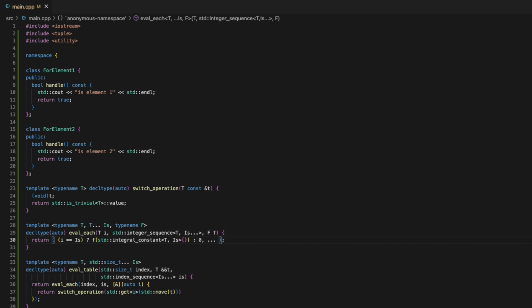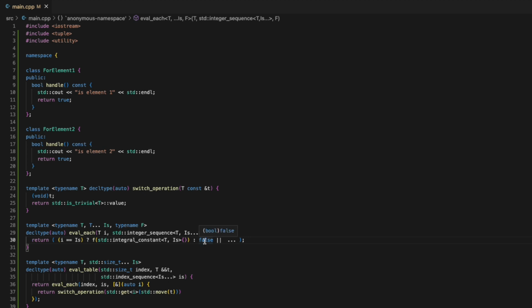Otherwise, let's return 0. And in this case, why don't we call 0 false? In this case, I have a Boolean type. So all of these sequences will be false unless the index matches, in which case it'll evaluate to the result. And in that way, it would return the proper